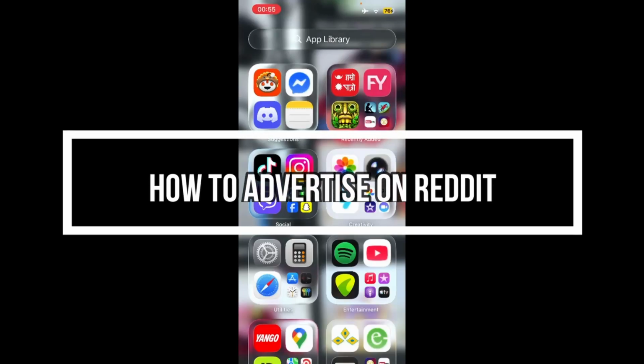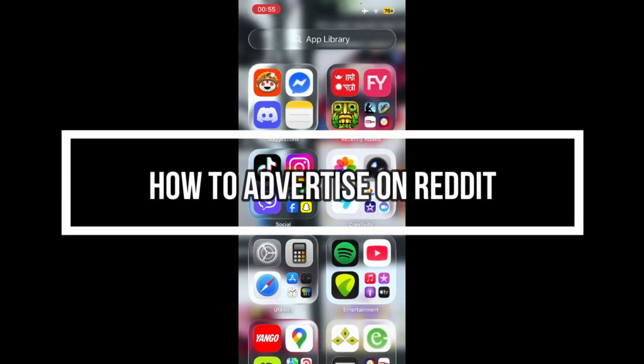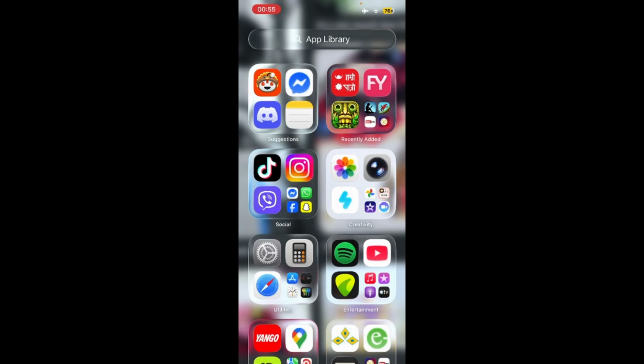I'm going to be showing you how to advertise on Reddit. So it's actually really easy, so let's get right into it. So what you need to do is go to the Reddit's ads manager, and what you can do is just